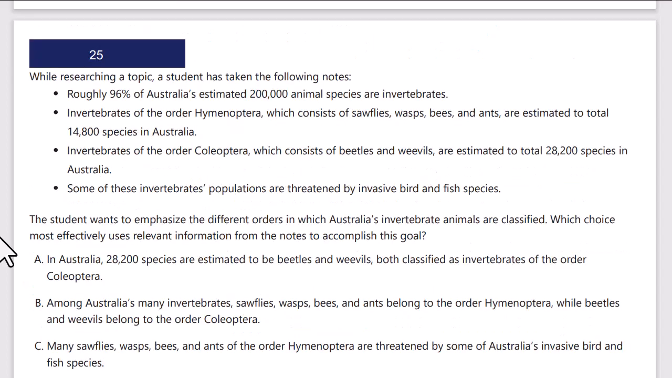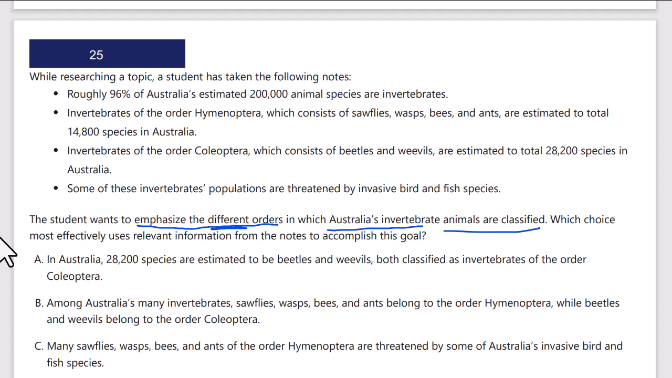Student wants to emphasize the different roles in which Australia's invertebrate animals are classified. So the different roles, not the same, but the differences. So roughly 96% of Australia's estimated species are invertebrates, okay? So most are invertebrates. Invertebrates are of the order